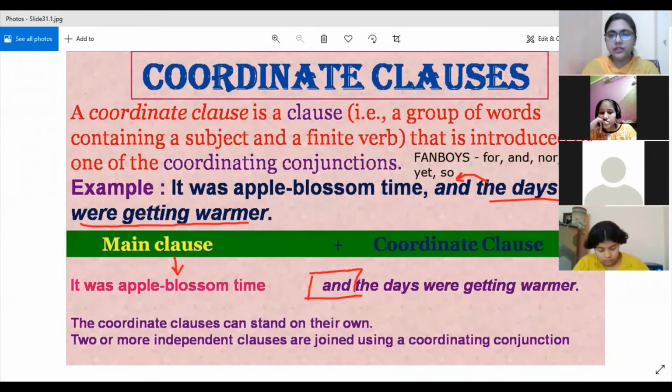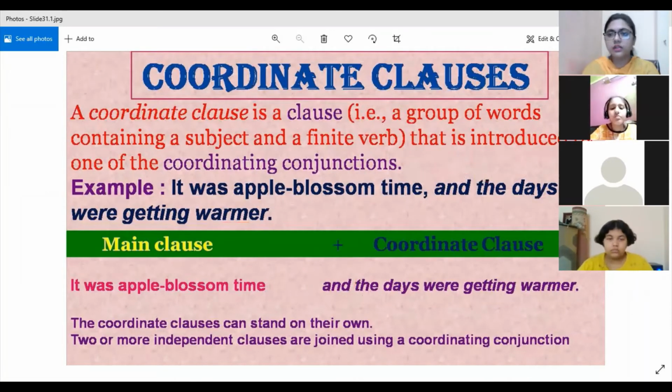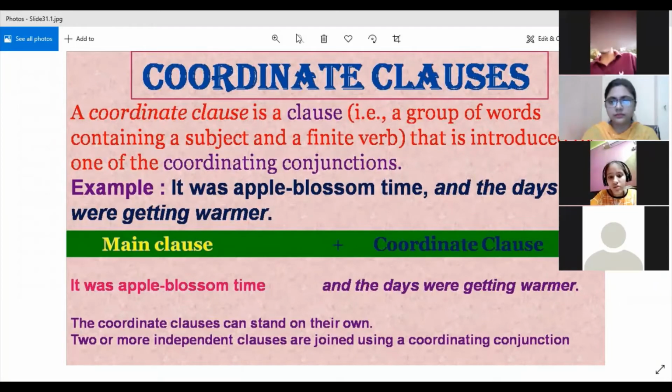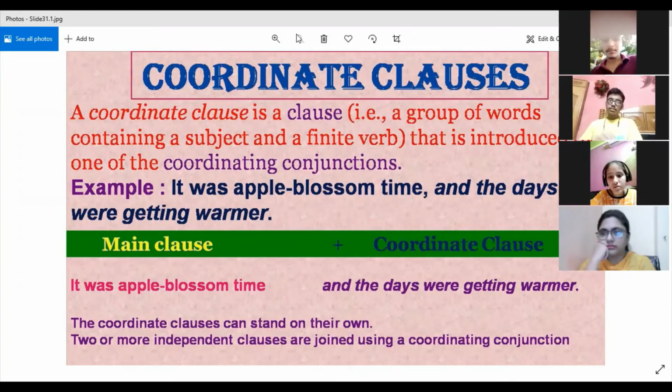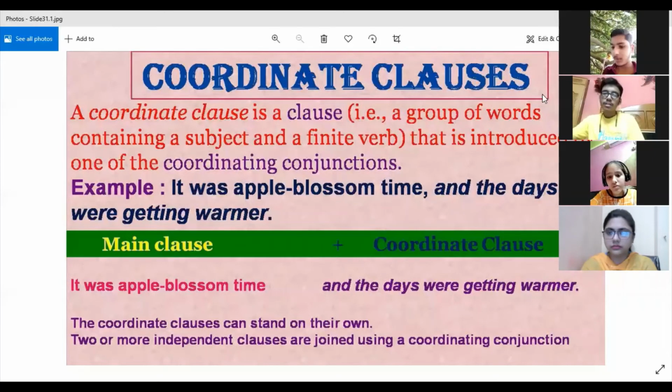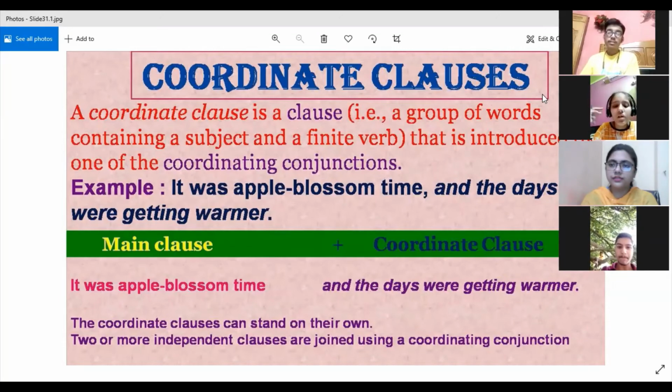So have you people understood all the three types of clauses and all the subdivisions of subordinate clauses? Any questions so far? You may ask. Yes, Arav. Ma'am, can you show the types of adverb clause? Ma'am, one I was unable to note down. Anything else apart from that? No, ma'am. Yes, Athar. Yes, Divyanshi, if you are unmuted.